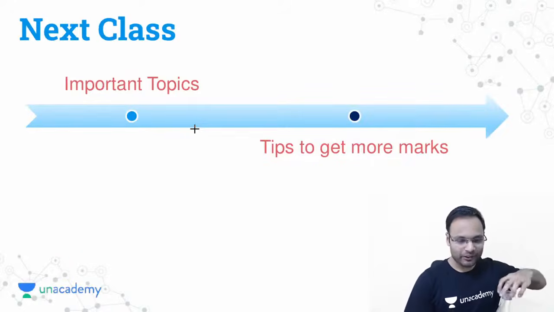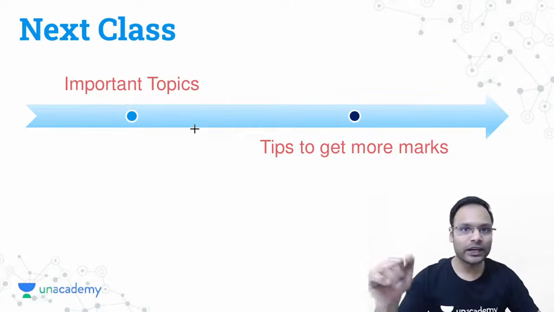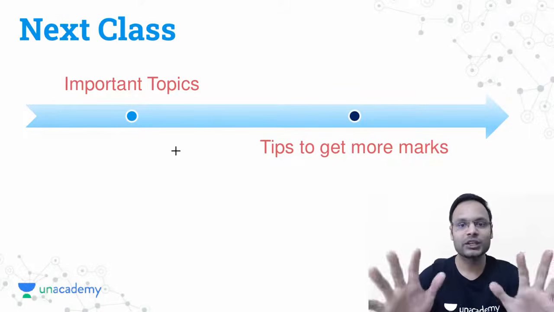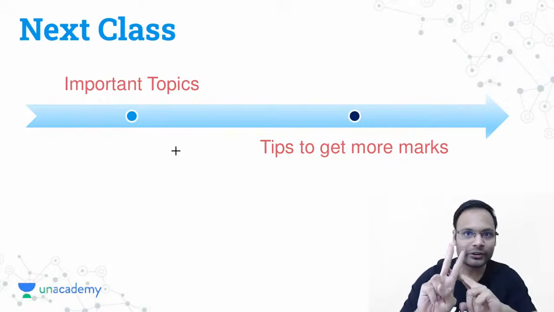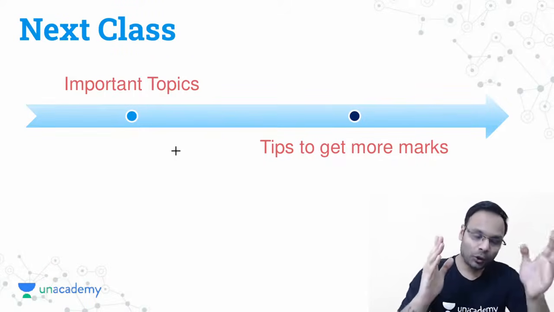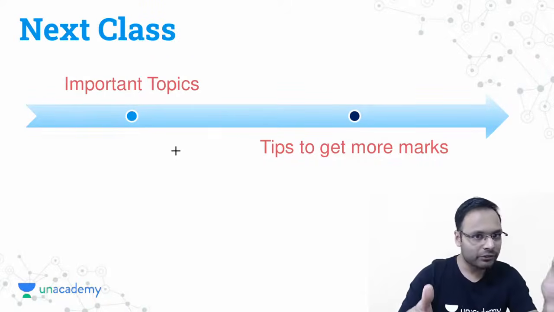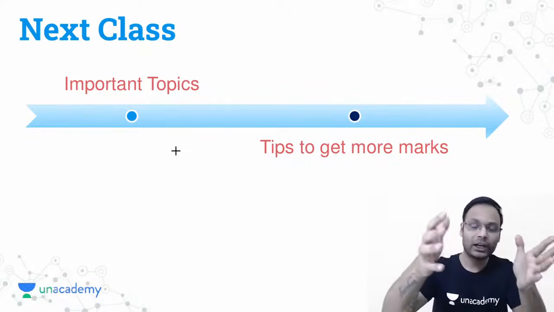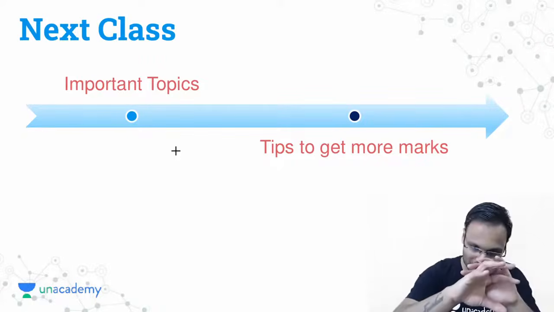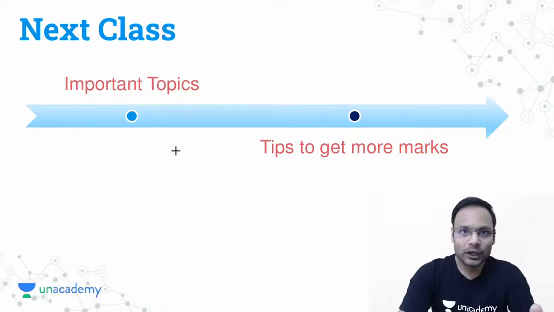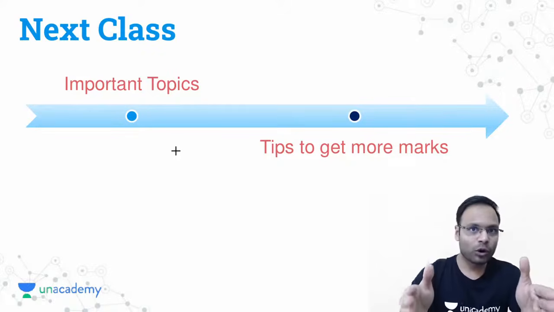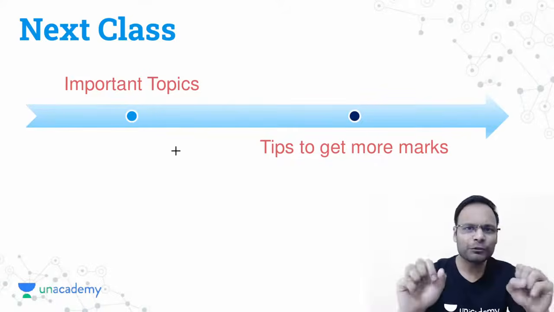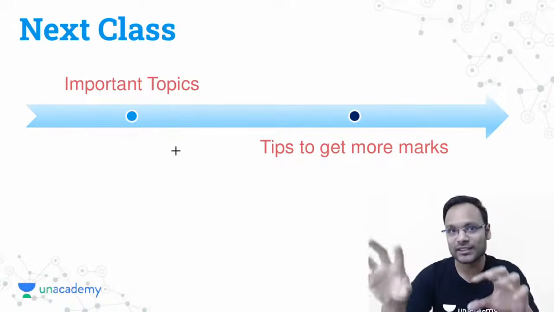Okay, so before I wrap up the session, some questions have just come from students: we are in the 4th semester, 6th semester, should we refer to a book? See, a book needs to be referred by only two kinds of people. One, you are following the video sources, which is the quicker way to learn, because in video sources we educators try to give you the content of multiple books and multiple sources on a single channel on a single platform. So that will help you gain more knowledge and understanding of each topic in a better way. But still, if you feel, no sir, we want to read the book for a specific topic, you can.